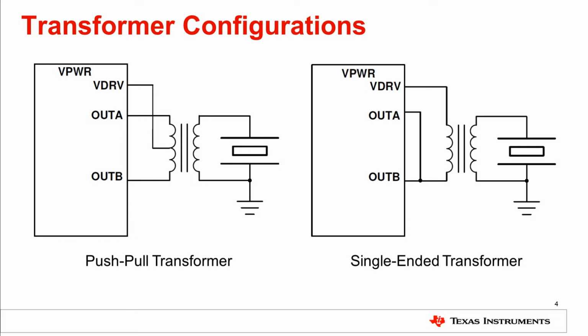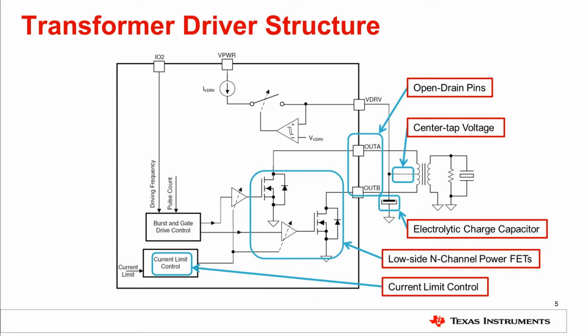of sound pressure generated. The transformer driver stage in the device is realized as two low-side N-channel power FETs. The current limit control of the driver tries to drive current efficiently into the primary side of the transformer to achieve the maximum swing on the secondary side. The secondary side's total resistance, turn ratio, and required peak-to-peak voltage can be used to determine the optimal current limit setting. The current limit block supports multiple current levels, which is set by a register for a typical range of 50 to 500 milliamps. The voltage on the center tap is typically set between 5 to 20 volts.